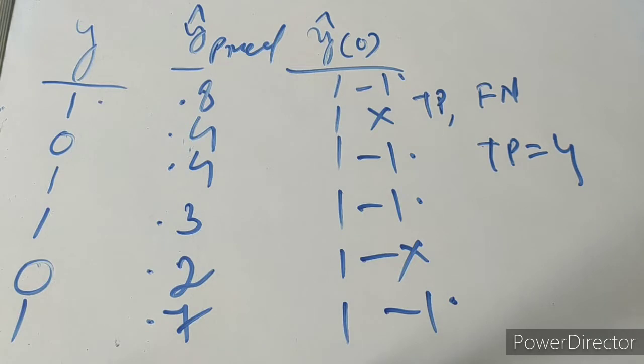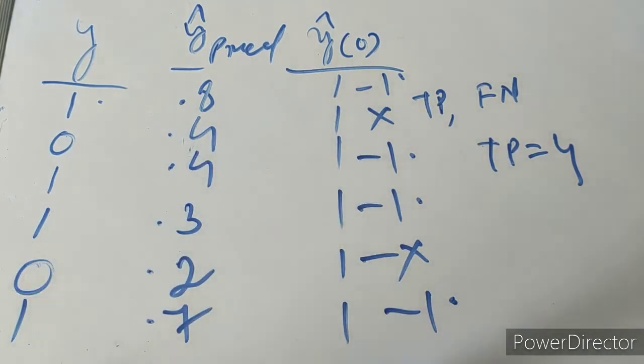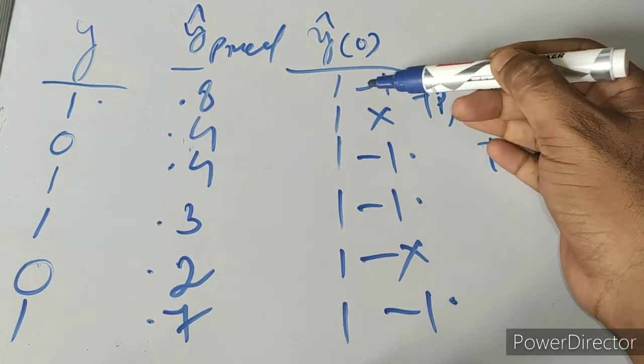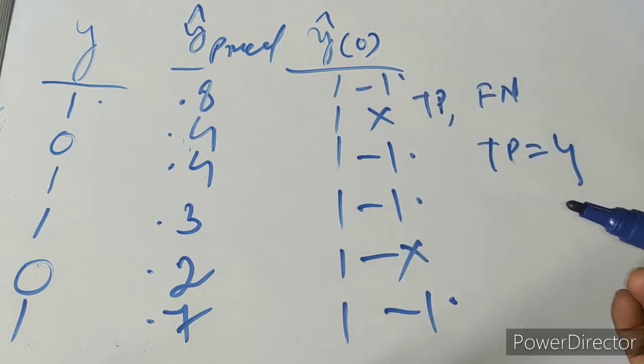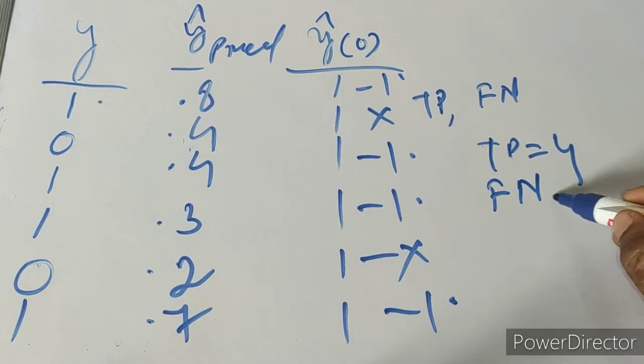What is false negative? False negative means we are predicting the value as 0 and that is false. So here in the Y output the value must be 1, but in the prediction column it must be 0. So let's see, there is no 0, so it means false negative equals 0.